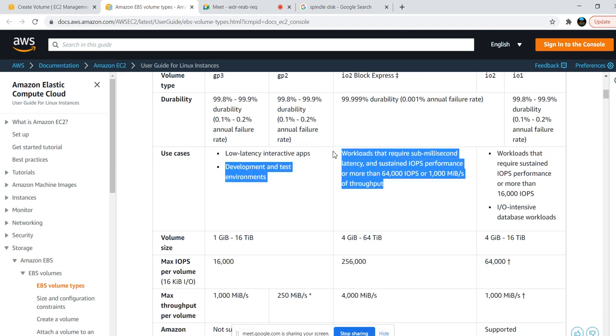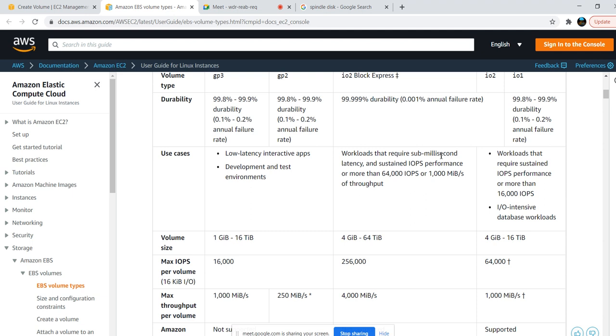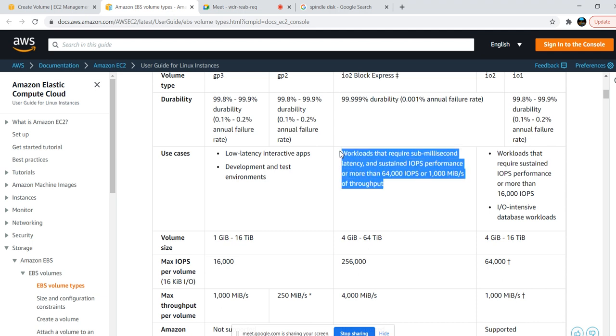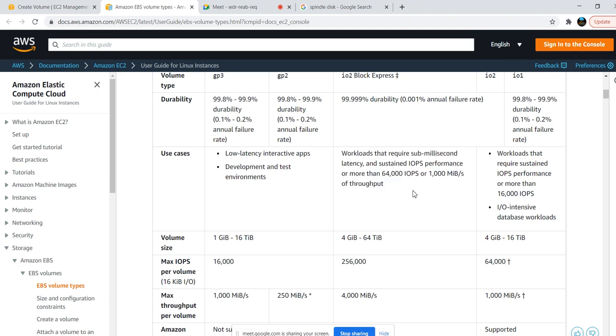Workloads that require sub-millisecond latency, where you don't want to wait for seconds or milliseconds to get the data from your application to the database, then you need to use provisioned IOPS, with sustained IOPS performance of more than 64,000 IOPS. Here we have our own defined IOPS, whatever IOPS rate we need, we can define here. This one we already saw.